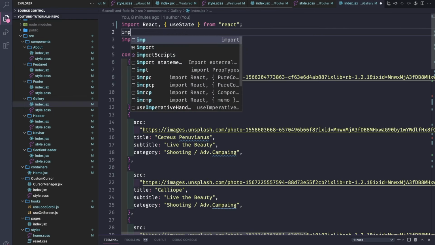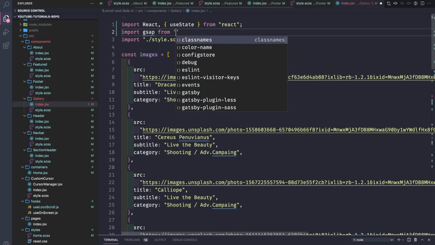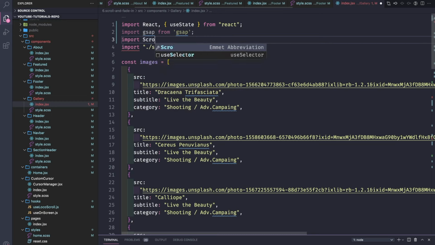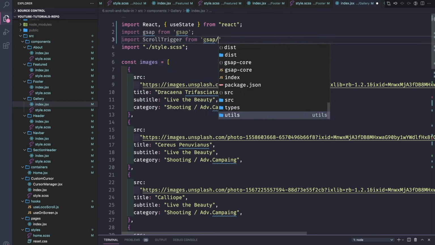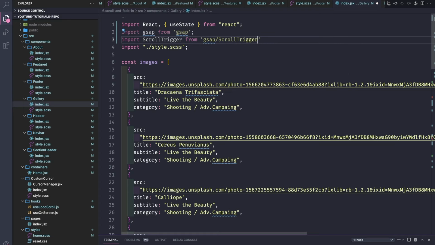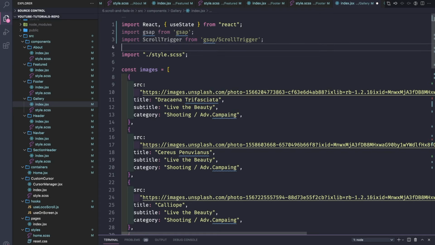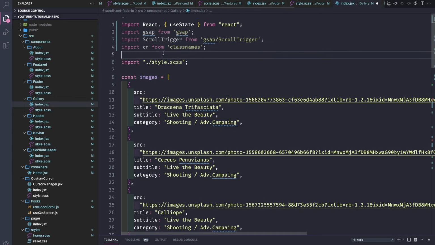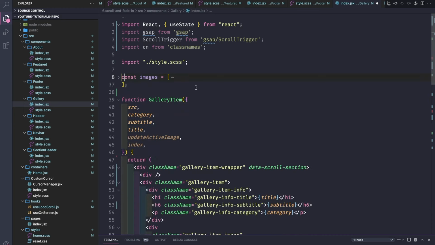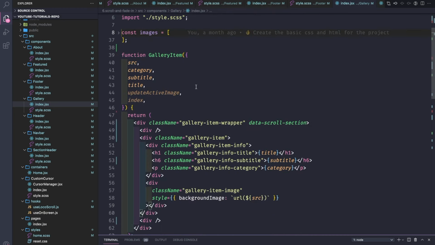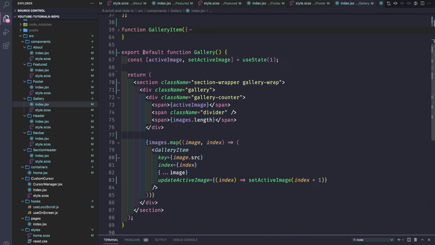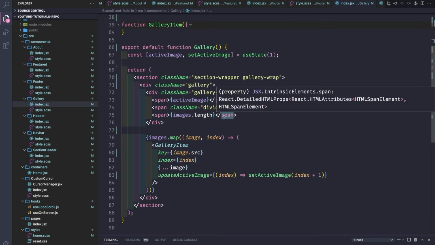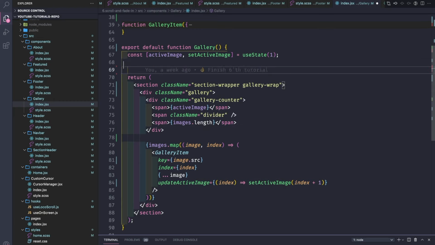Import GSAP from GSAP, ScrollTrigger from GSAP ScrollTrigger. This is free. We'll also need it later on for the class names. Let's close these. And gallery item as well. And here in a useEffect,